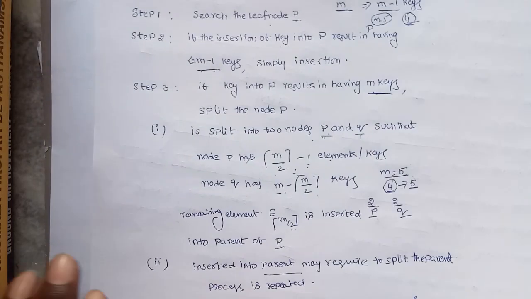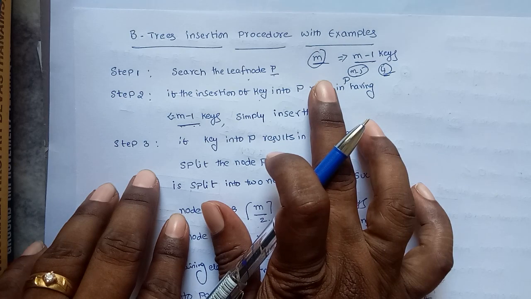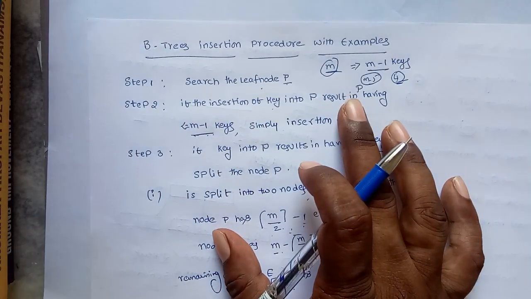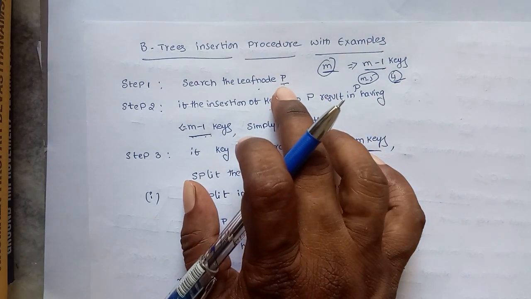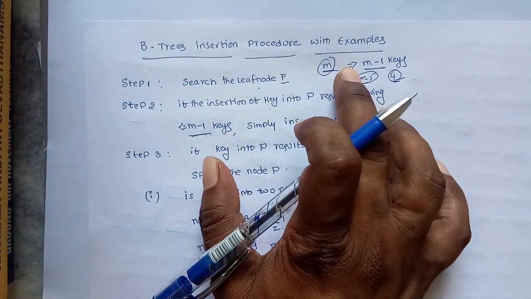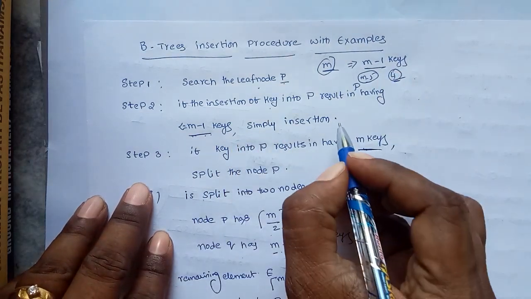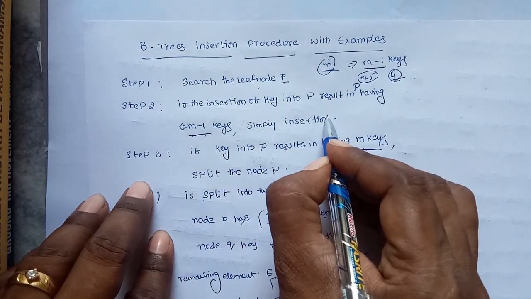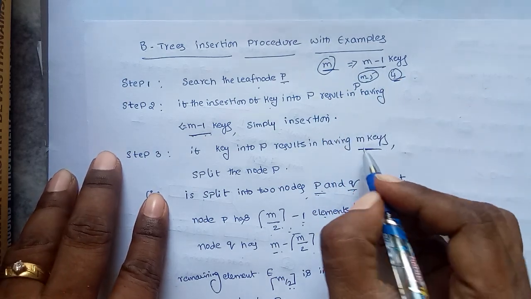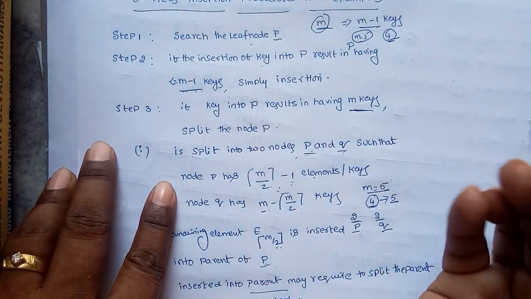So see this very simple example. A B tree of order m. If you want to perform insertion, you always perform insertion at the leaf level. So what is the first step? First step is identify the leaf node at which we have to perform insertion. In order m, how many keys are allowed? Maximum of m minus 1 keys. After inserting a key into the node, if it has less than or equal to m minus 1 keys, no problem.